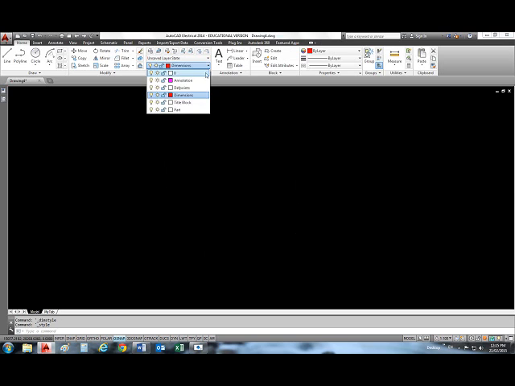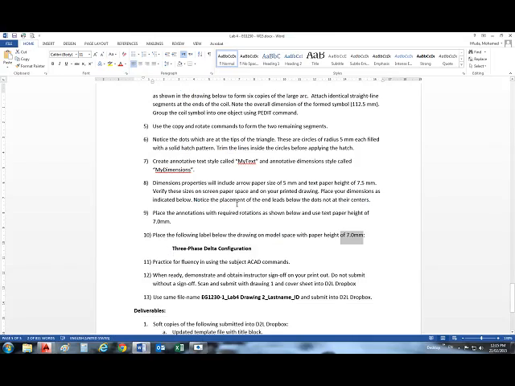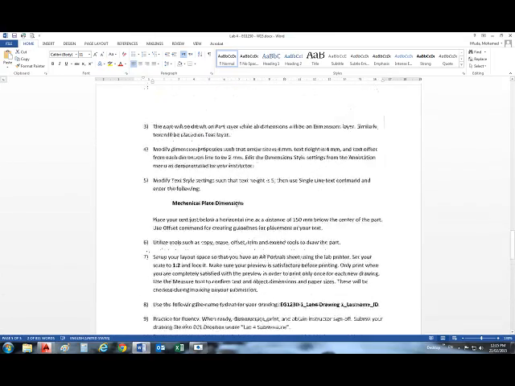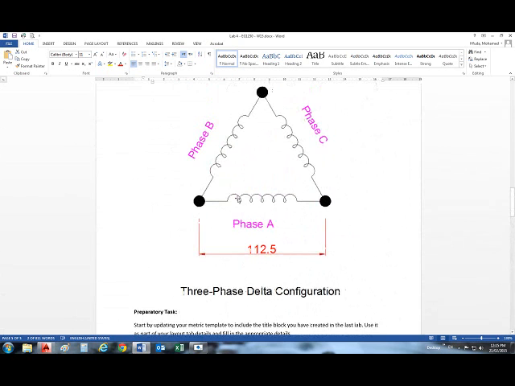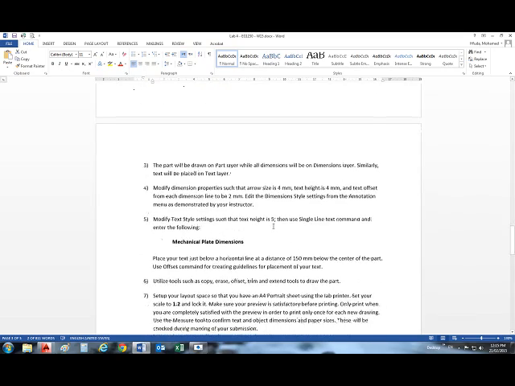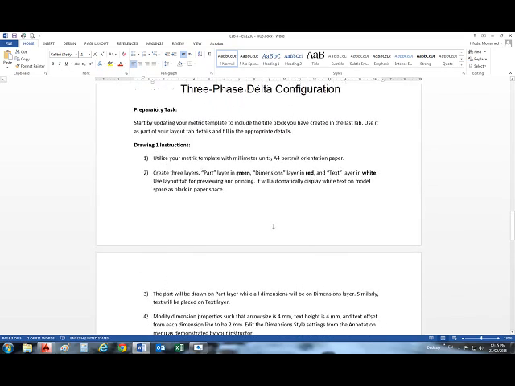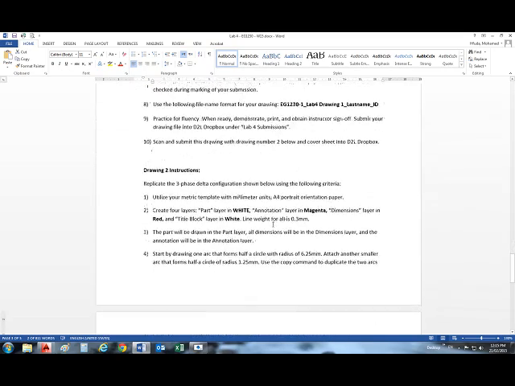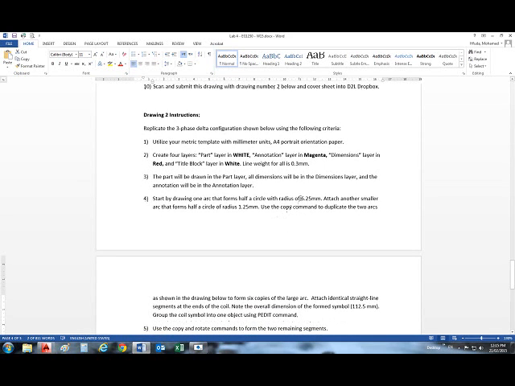So let's make the part layer current. And now we can start by drawing a large arc with a small arc. This large arc and then this small arc. And he also gave you dimensions. He said start by making a large arc of radius 6.25 and then attach a smaller arc of radius